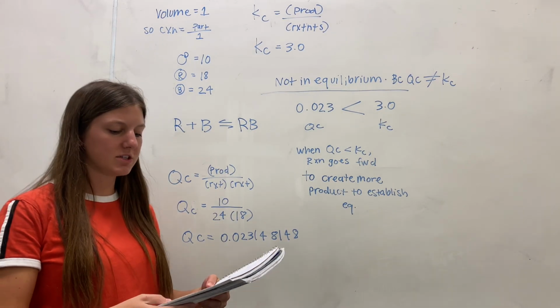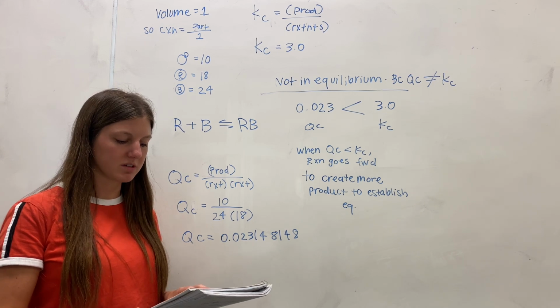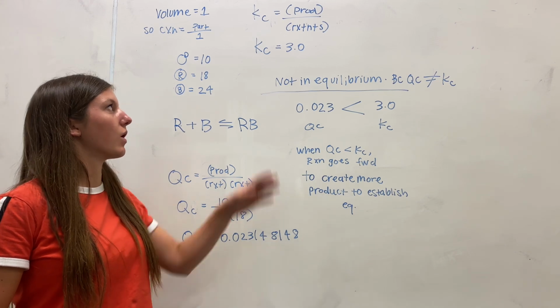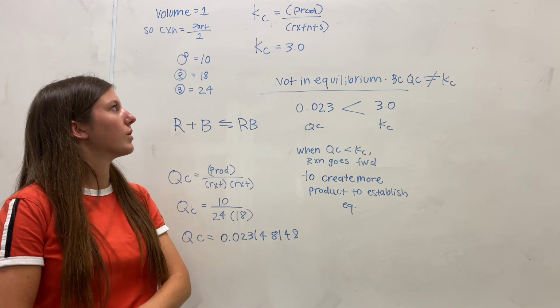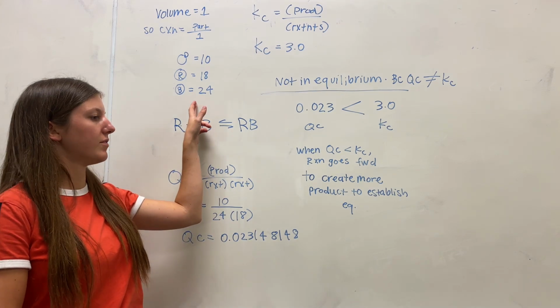In this problem, we're asked to determine whether the reaction is in equilibrium, and if not, which direction the reaction will proceed to reach it. So the way that we can figure this problem out is, and we're given that the equilibrium constant is 3. So the way that we can solve this is we can, from the information that we have, the snapshot of